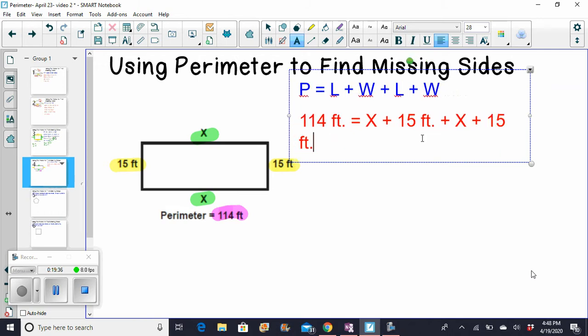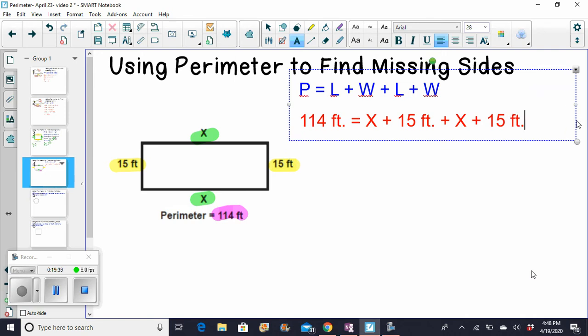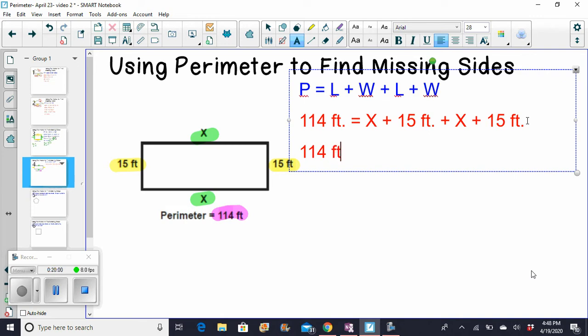All right, so I'm using what I know. I'm replacing those letters in the formula and using what I know now to help me find what I don't know. I'm going to rearrange my number sentence here. I'm going to make sure that my two values that I have, the 15 and the 15, are side by side. So I'm going to rewrite this again. 114 feet equals 15 feet plus 15 feet, then my x's, plus x,